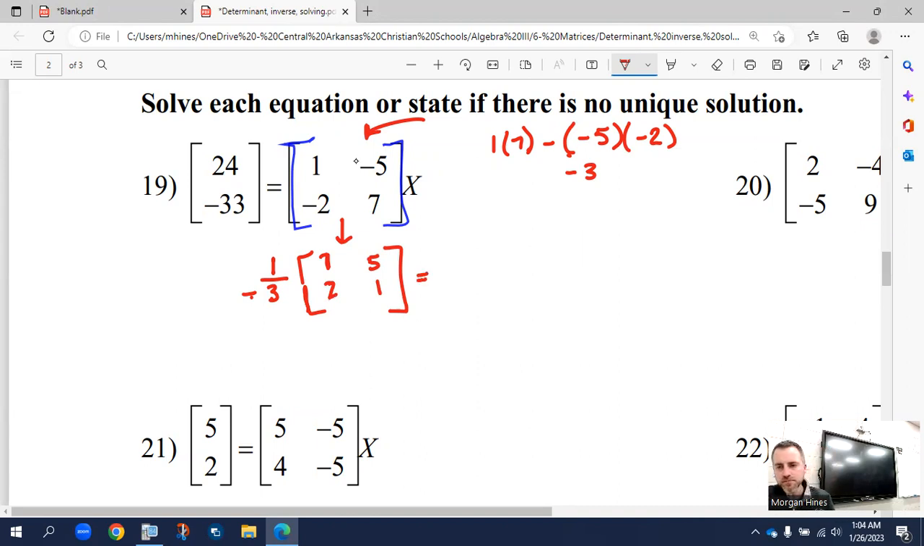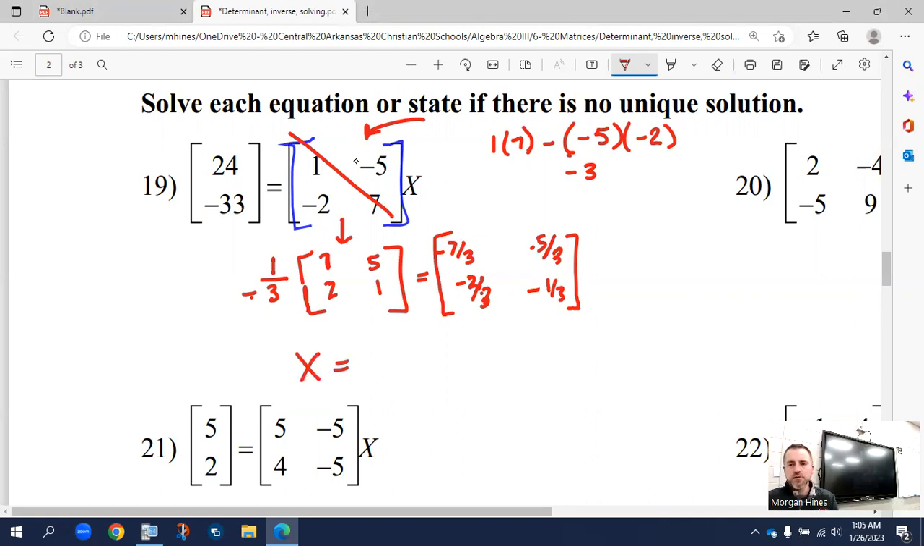Now we multiply. We get -7/3. We get -2/3. We get -5/3. Oh my goodness. And -1/3. All right, so this is the inverse of the blue matrix. And if we multiply them together, then this and the inverse matrix cancel each other out, just leaves us with x. So x is equal to what? It's equal to the inverse matrix